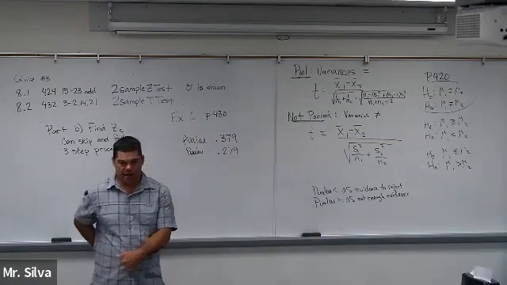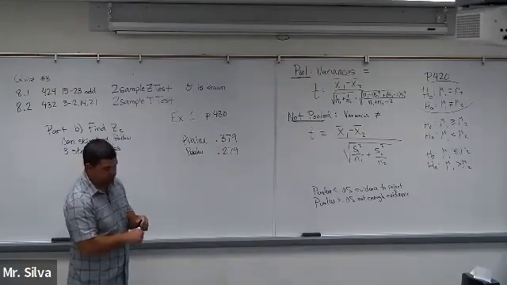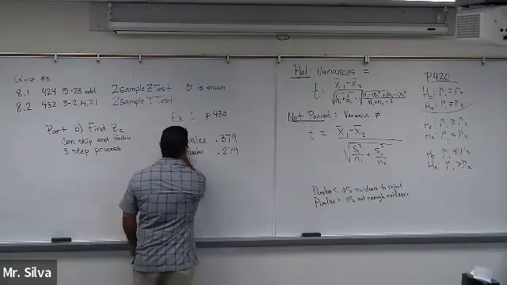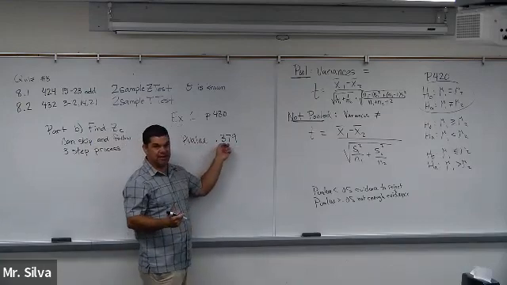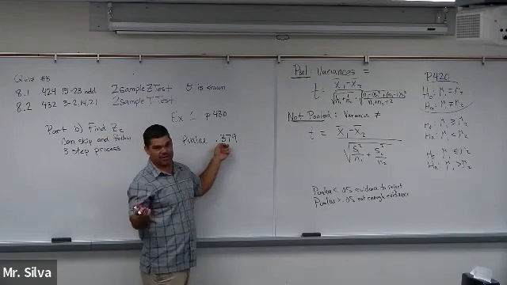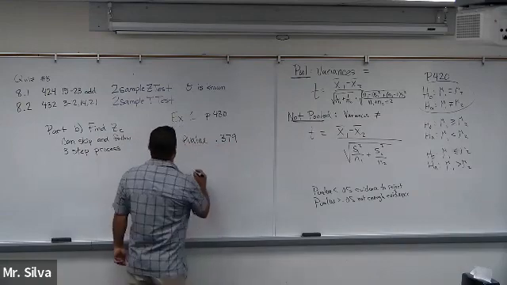So example 1 is an example of variances not being equal. So we're going to use that p-value. Either way, 0.279, 0.379, they tell us the same thing. They both tell us to fail to reject. They're both bigger than 0.05. Example 2,